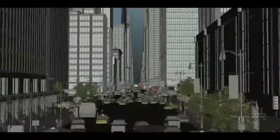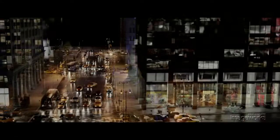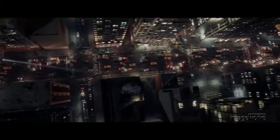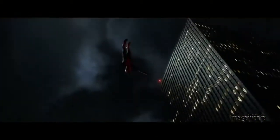All of the environments were constructed digitally from the ground up. All the buildings down the length of 6th Avenue were built to scale, including plazas and foliage and street lamps, food cart vendors and taxi stands, and all the subtle details that make 6th Avenue unique. With 6th Avenue in place, the streets were filled with animated traffic and the sidewalks populated with digital characters going about their business. In the end, the only thing that wasn't built as physical geometry is the matte painting of